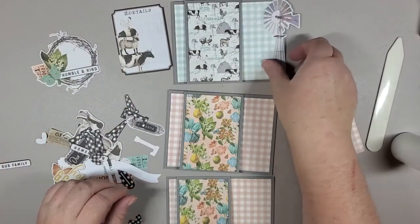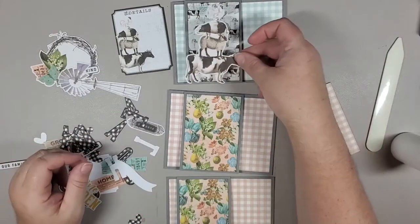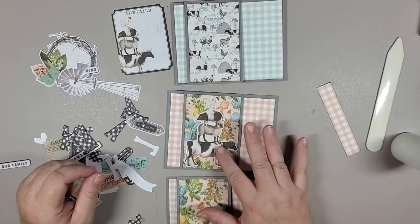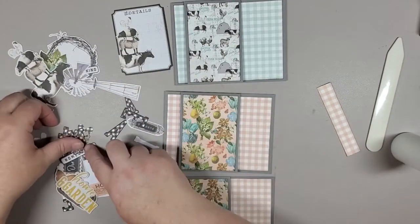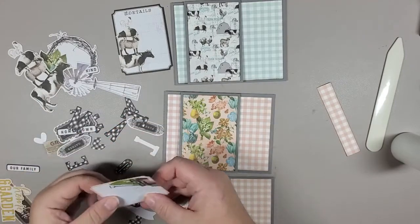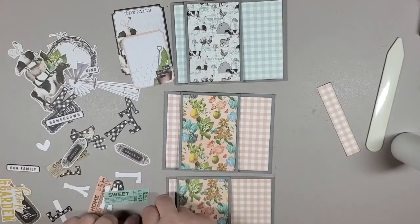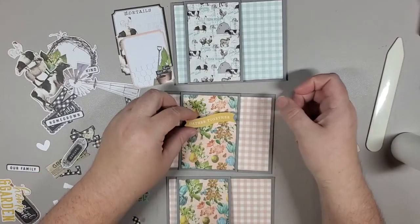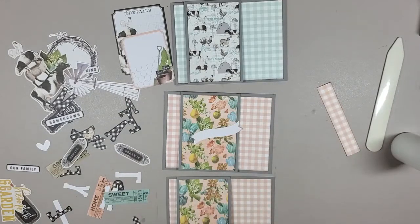I think that doesn't quite go because it's huge. Oh, see, that would be cute too. If you're making a wider one, you could easily stick that on there. But there's a ton of little hearts. I think not some of the nicer ones, but I have used quite a few of the pieces. But like this gathered together could go nicely on here. Actually, I think I'm going to grab some of